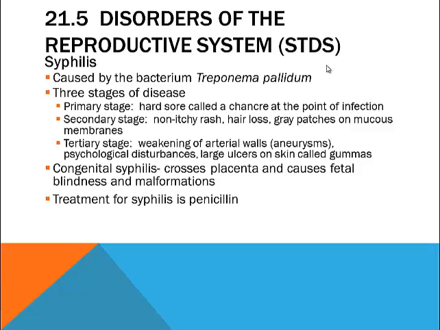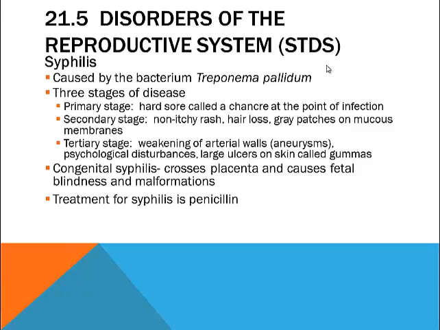During the second stage, you develop a non-itchy rash seen in the palms of the hands and the soles of the feet, hair loss, and gray patches on the mucous membranes. This rash can disappear of its own accord. During the tertiary stage,